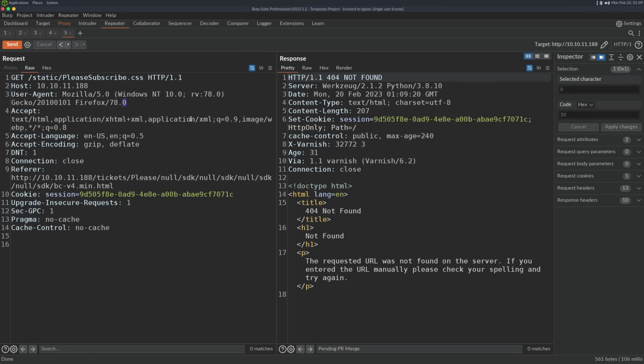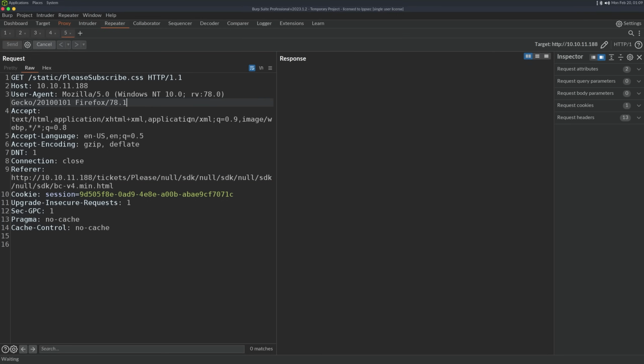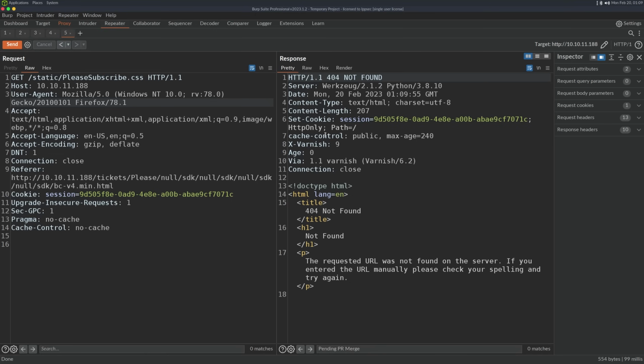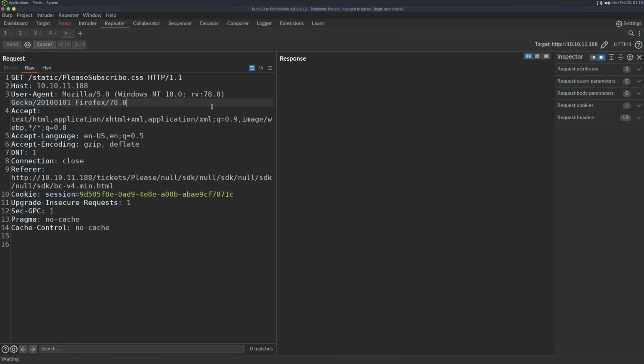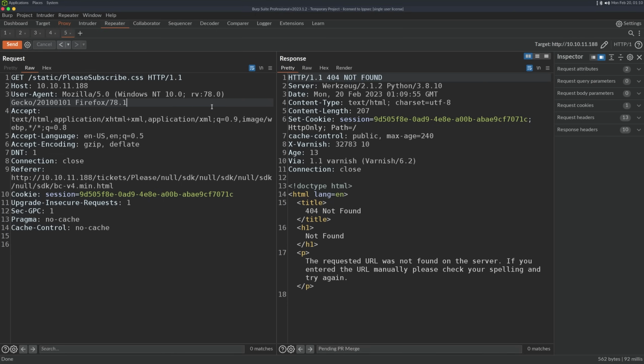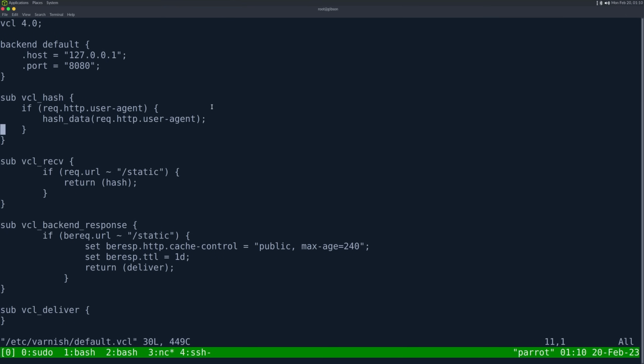I'm going to change my user agent to .1, and we see we have now cached it. So I refresh again. This is 3. I'm going to go back down to 0. And we see that's at 43, 45. So now we have 2 versions of this page, but depending on the user agent, it's getting delivered to a different person, right? So this is how we are able to